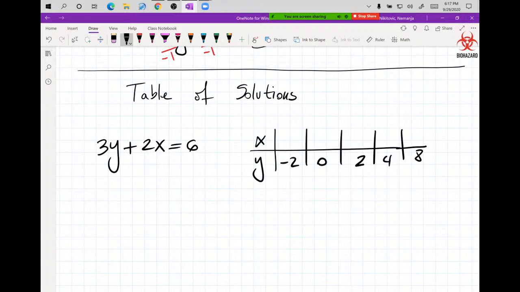And you are supposed to calculate x's. So it doesn't matter if their x's are given or y's are given. The idea is that whatever is missing, you have to compute that variable. Since y's are given, you will be plugging all of these numbers one at a time. So technically you have 5 problems to solve, independent problems. You will be plugging the y value into the y and computing x's,